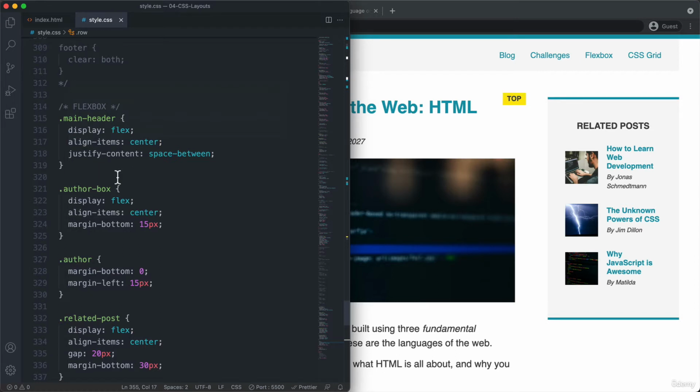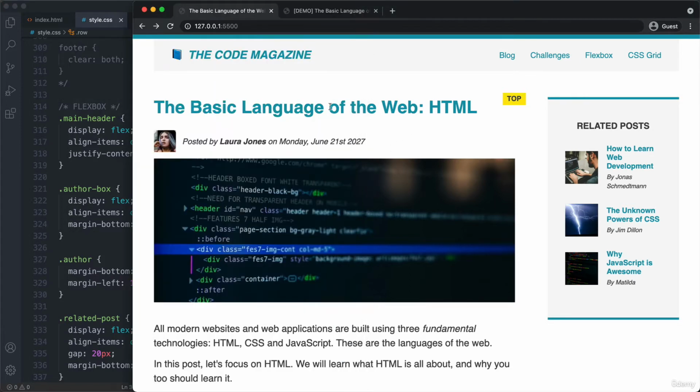And actually many of this we do want to keep. So we used Flexbox, for example, here on the author, here in the navigation, and also here in these related posts. And so there, in these very small component layouts, basically, we want to keep using Flexbox. So as I mentioned before, CSS Grid works perfectly together with Flexbox. And so again, for these small component layouts, we will keep using Flexbox if they are simply one-dimensional layouts like